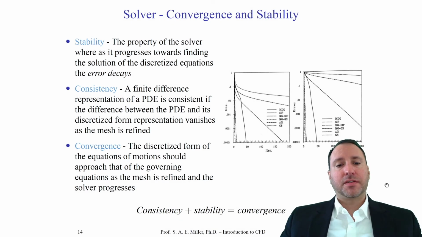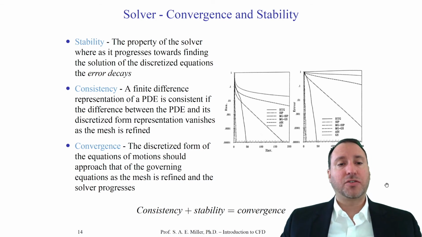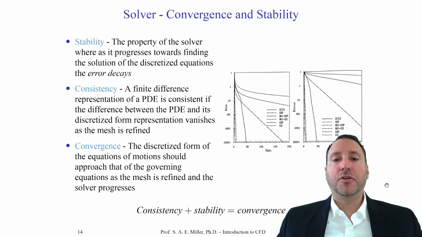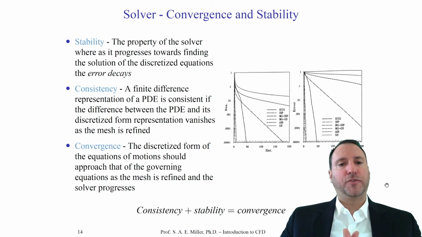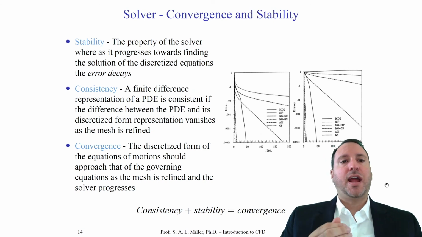Let's talk about some properties of the solver. So here's some of our first important definitions, which pretty much everybody in CFD knows and understands and is essential. The first is stability, and let's read these together. Stability is the property of the solver where as it progresses towards finding the solution of the discretized equation, the error decays. So if we have a solver and it's iterating or trying to find a solution in time or through iterations, and the error